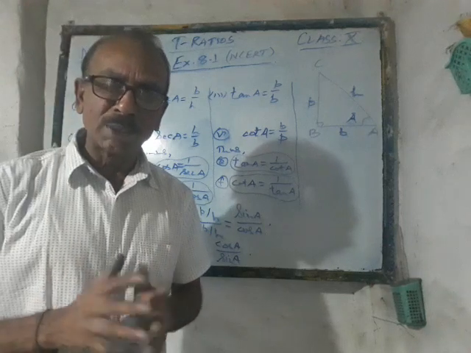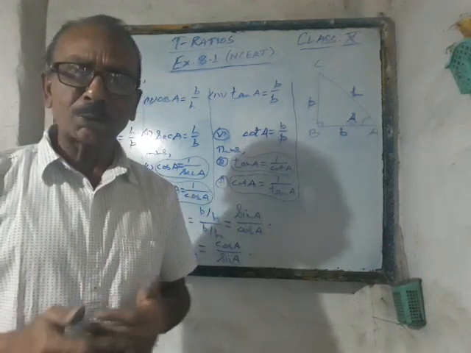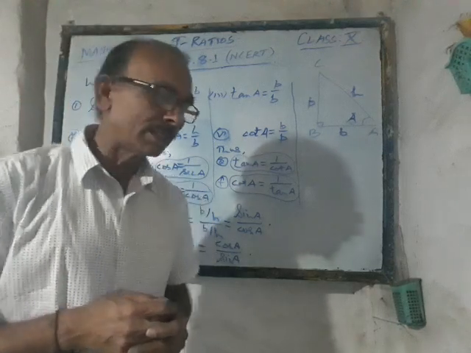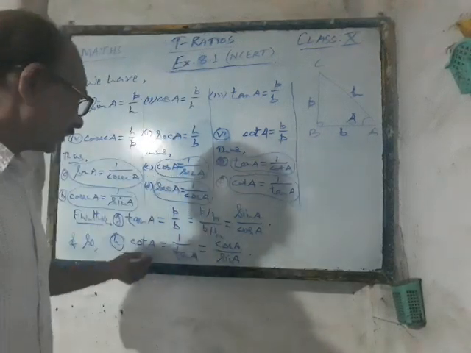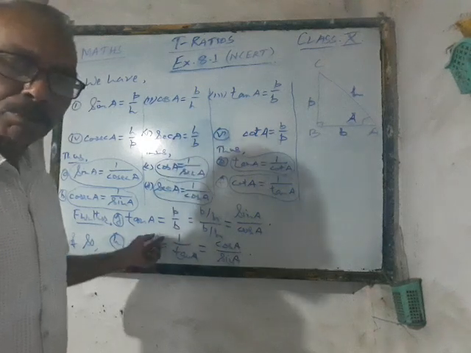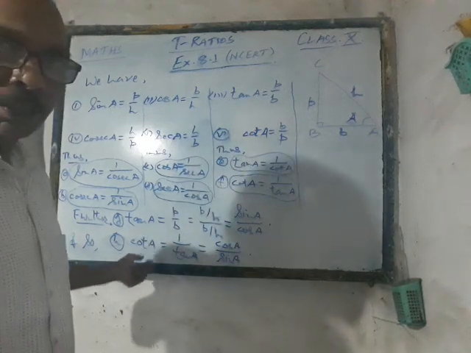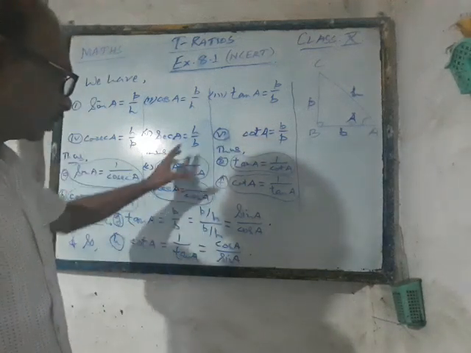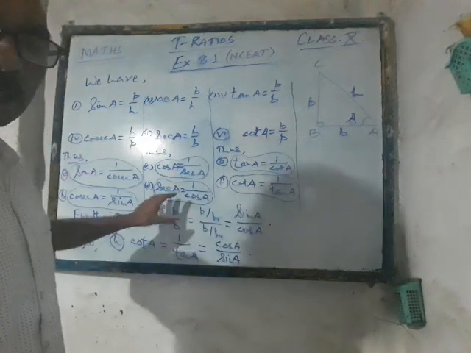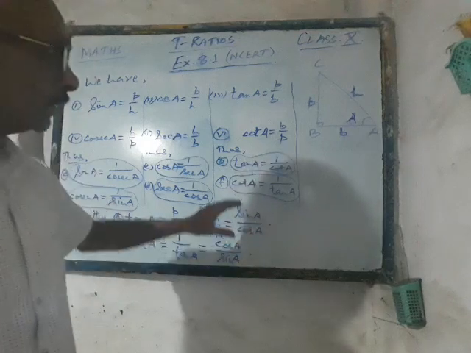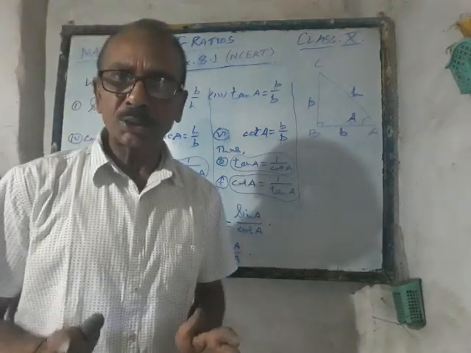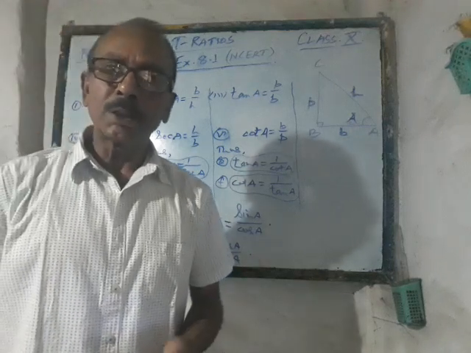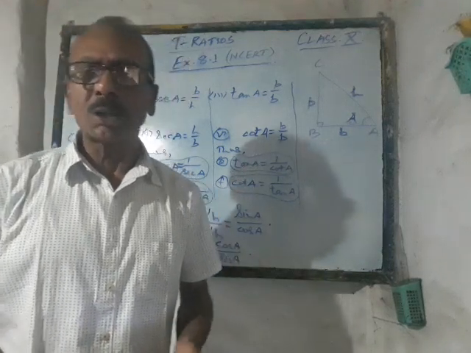A very important result is this one. Many times you will be using this particular result, that tan A is equal to sine A divided by cos A. Again, since tan A and cot A are reciprocals of each other, cot A can be written as cos A divided by sine A. So these 8 relations between the trigonometric ratios I have written over there. These are very, very important to know. So just remember them so that they can be applied while doing the problems of the given book or anywhere else, right?